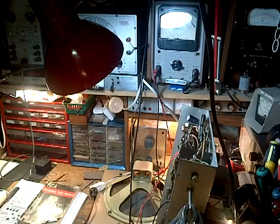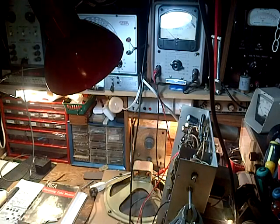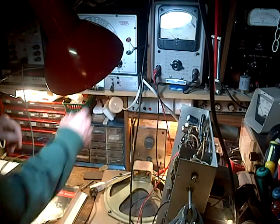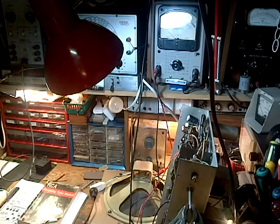And I can hear the set quieting. I can see the AVC operating. So let's put in audio signal here because we've got none. Now just while this is warming up, I had a couple questions about what the heck I am doing with